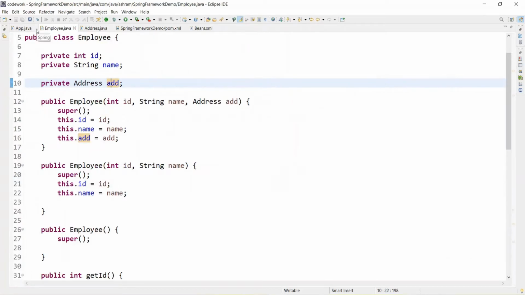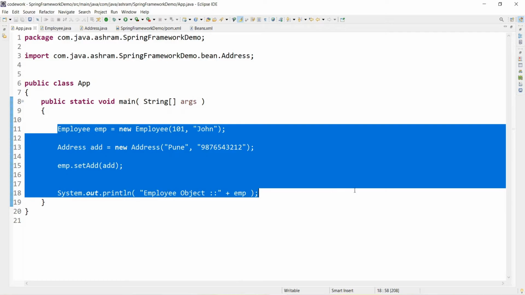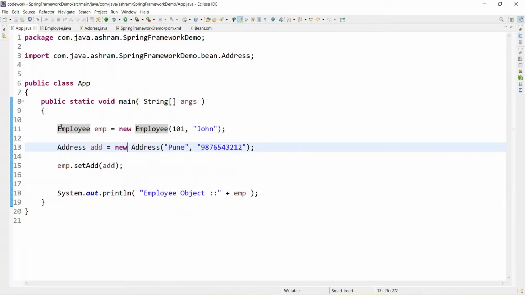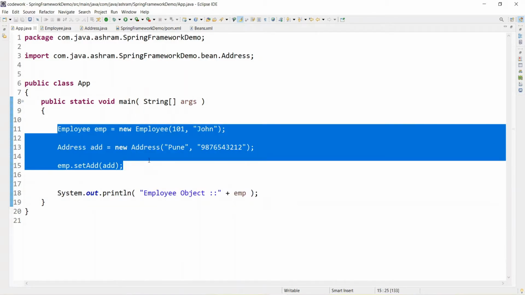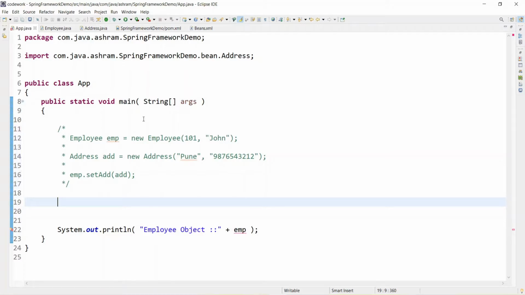So let's go to the Employee class, the App class, and comment all these things. Comment this whole thing, Ctrl+Shift comment this, and thereafter let's try and see the magic of the Spring framework. How do you need to do this?